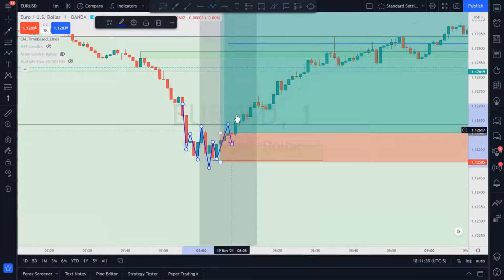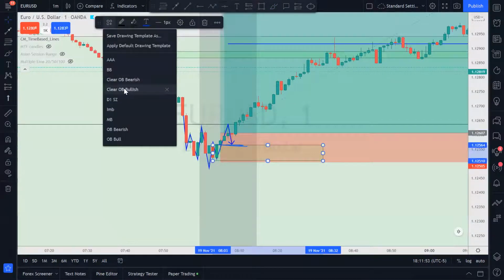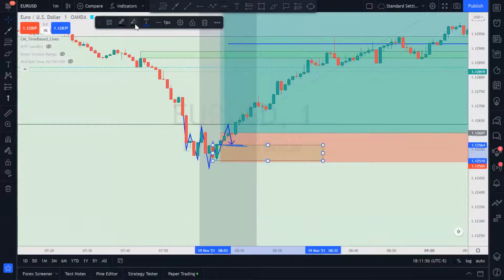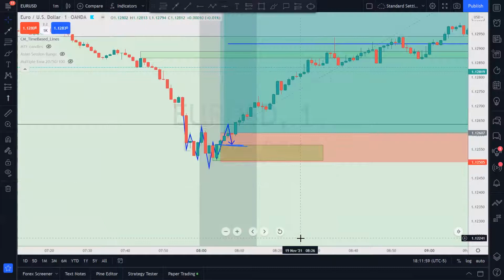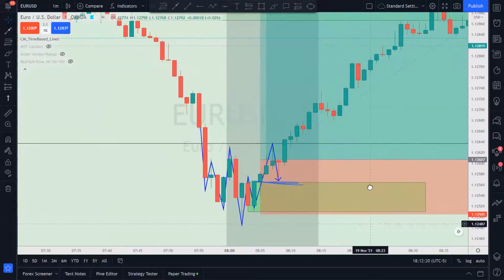Now, ideally, I'm supposed to enter in here. I should have had a pending order here, because this is my order block. Let me see if I can get this right. Bullish. This is my order block here. All right. This is my bullish order block, and I should have had a pending order here. All right. This you have to look for sure. Most of the time, it's a little more pronounced, but this one was a little bit more subtle on the 1 minute. I probably would have seen this very clearly on the 30-second, but it was clear enough for me.